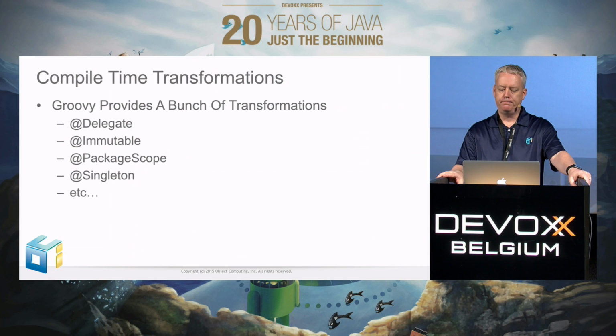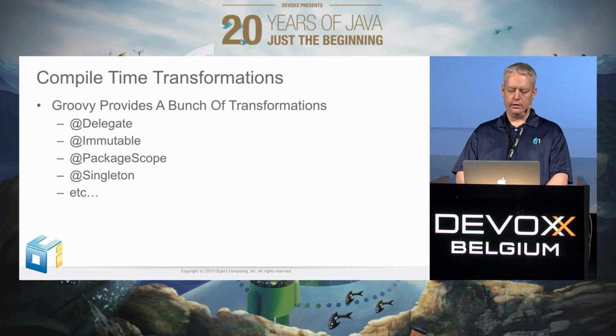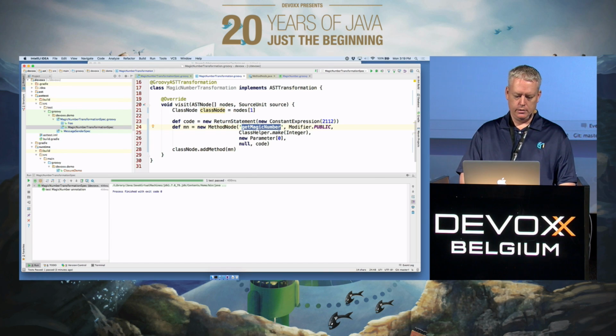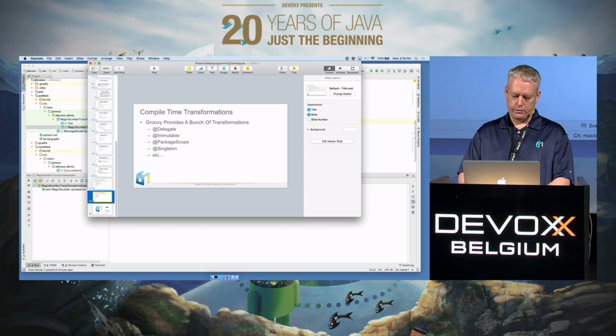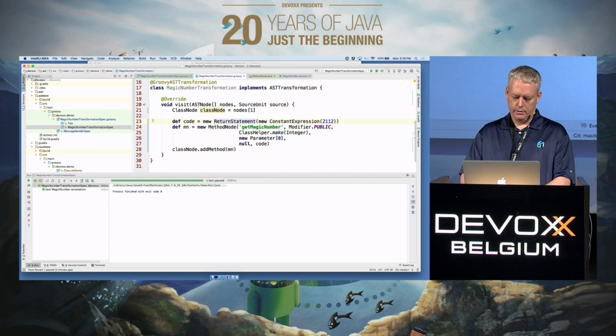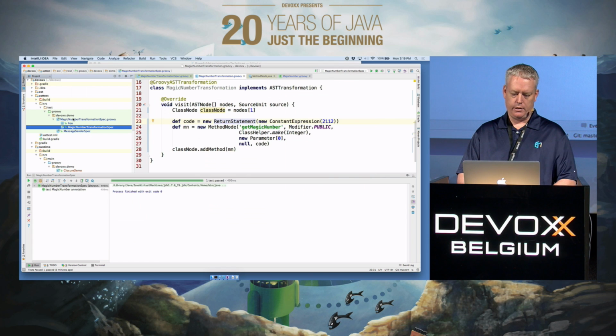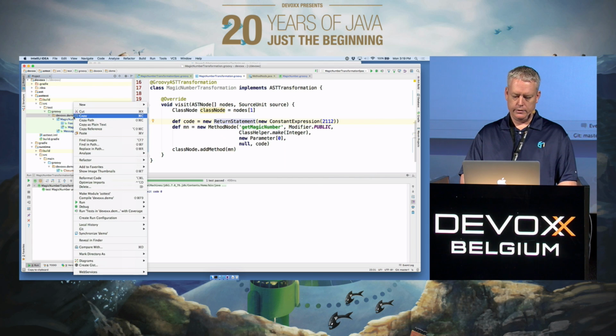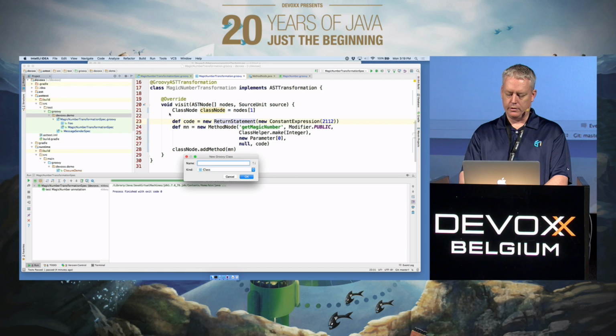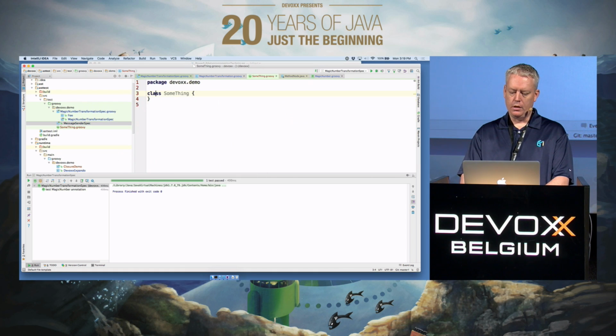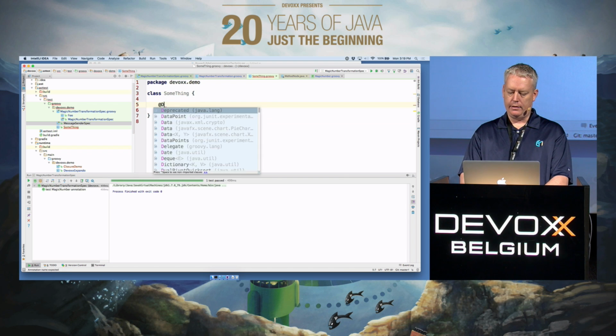There are also a number of transformations that are provided kind of right out of the box by Groovy. So @Delegate is a good example. Let me create a class that uses that. For some reason, my mouse cursor has disappeared. That's going to be problematic. There it is. All right. Let's see. So I want to create a Groovy class called something, right? So if I have a map called props and I say @Delegate,